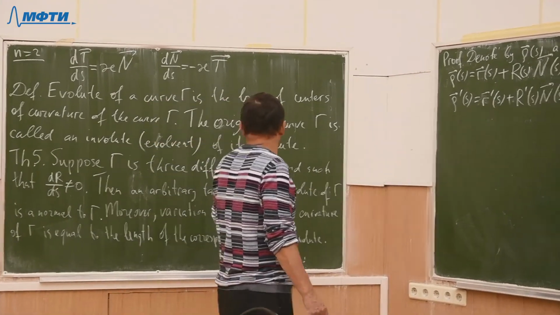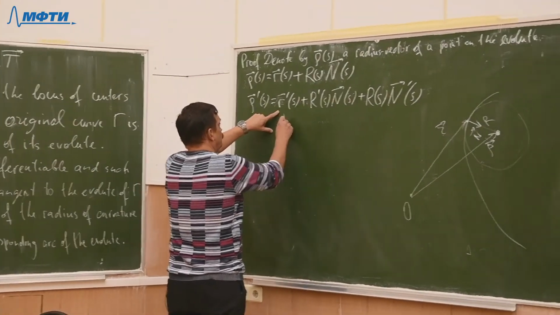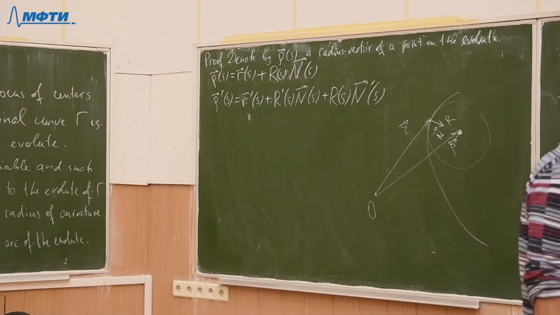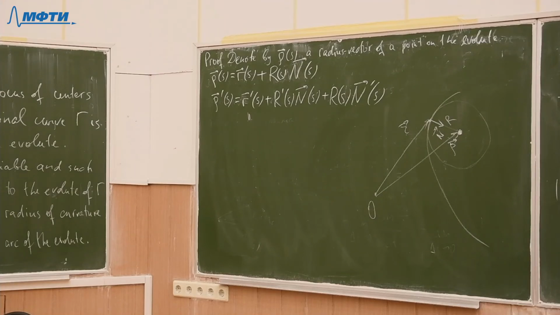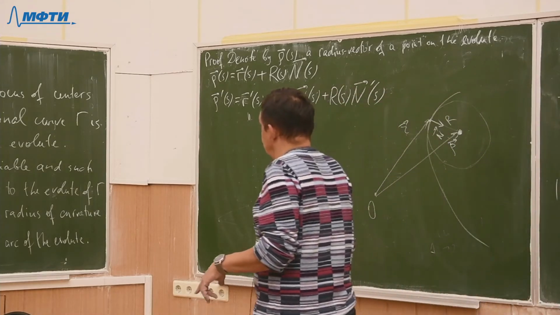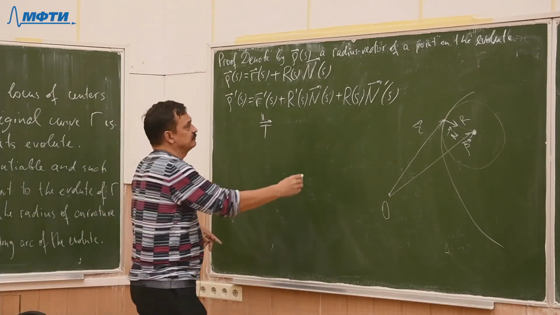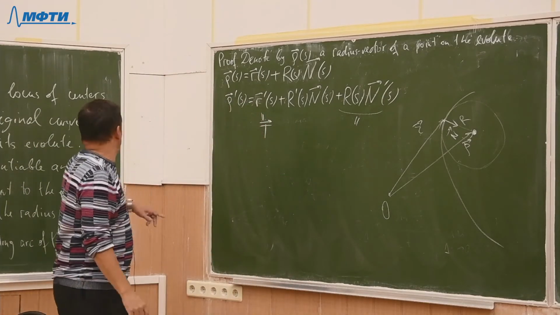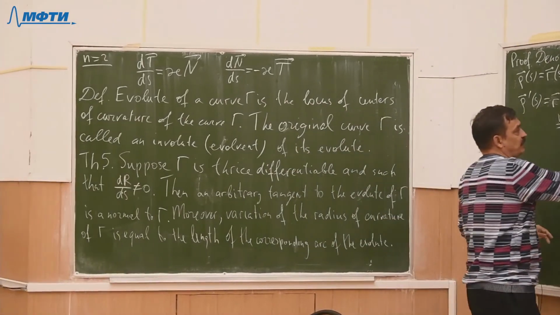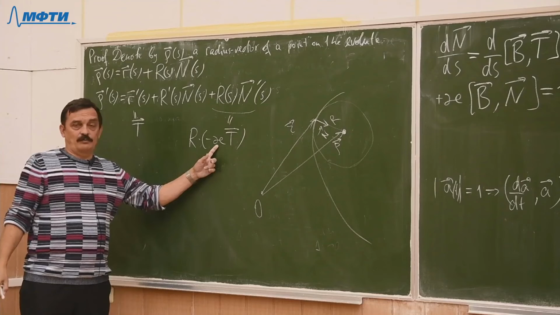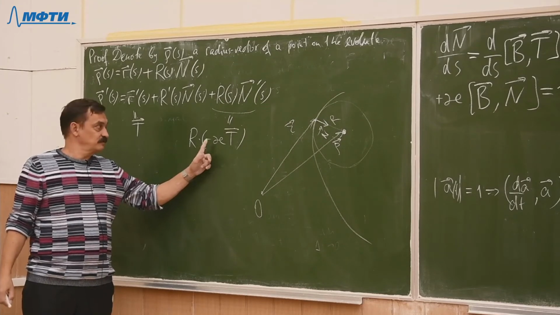R prime is precisely, look, what is R prime? R prime of S should be dr over ds. By definition, that is T, right? That is T. And then what is it? N prime is minus kappa T, so we have R times minus kappa T. And what is kappa? It is 1 over R. So we have minus T, it means